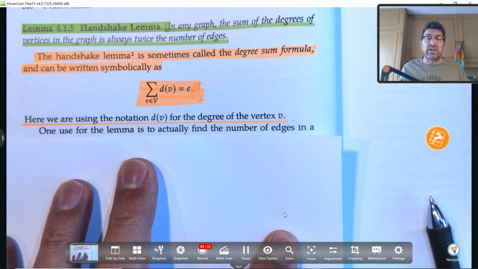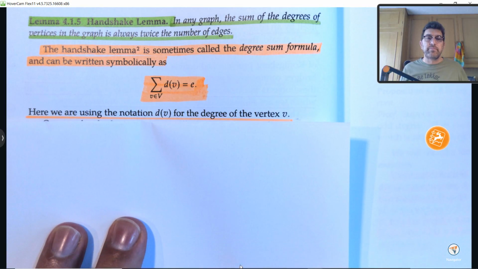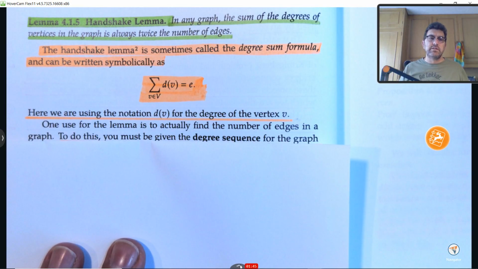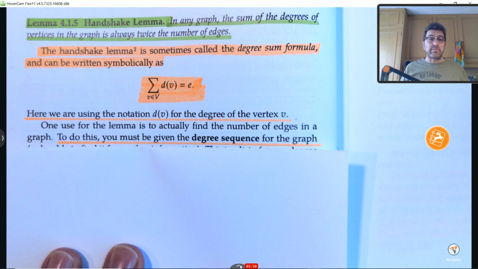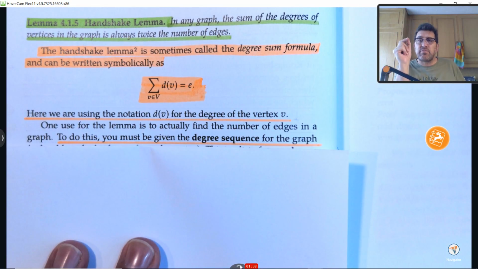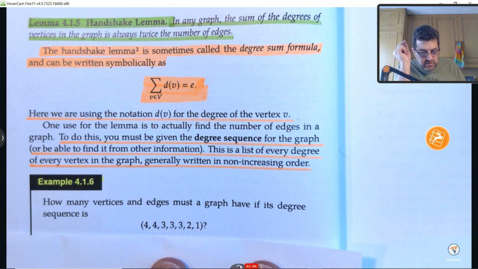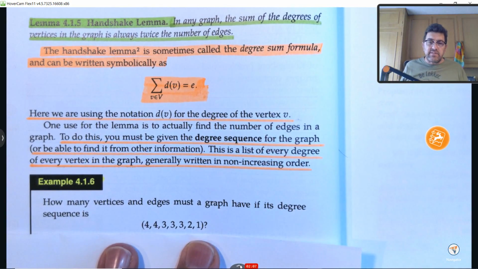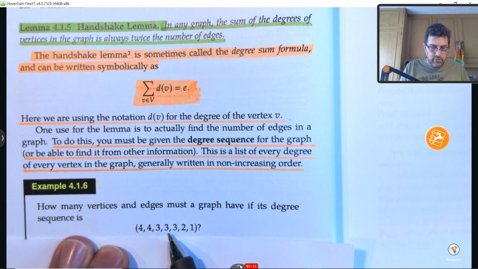Okay, so if you understand that, then let's see what this implies. One use for the lemma is to find the number of edges in a graph. To do this, you must be given the degree sequence of the graph. Now, the degree sequence is a sequence of the degrees like they're given here, and they give it in descending order. So there's 1, 2, 3, 4, 5, 6, 7